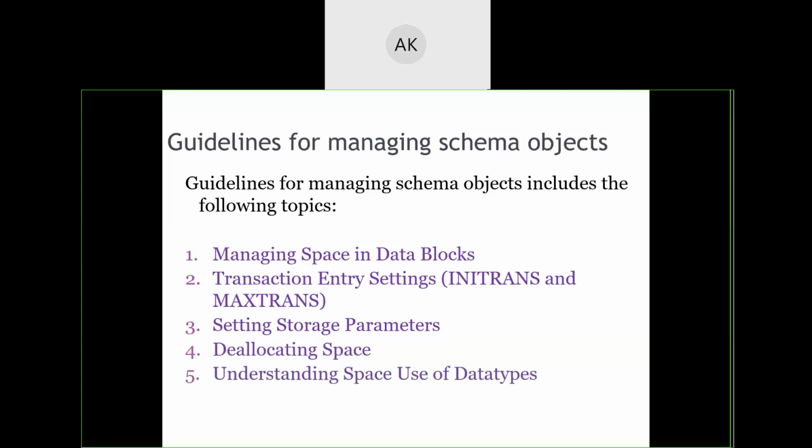Then lastly, space usage of data types. I have not kept it here because in the second unit we already discussed in detail how many different data types there are and how much data they can store. That is more than sufficient for writing that fifth point.